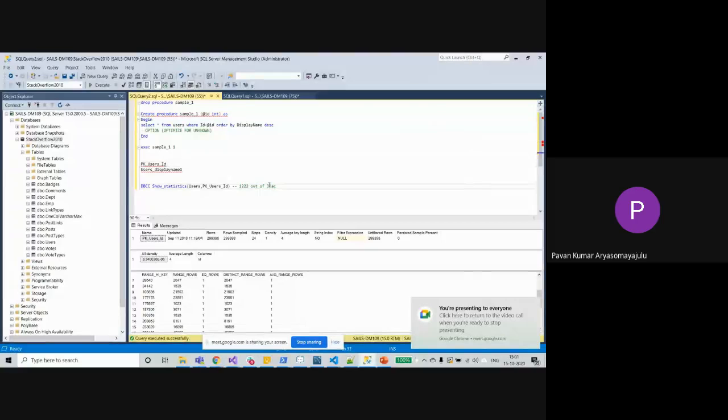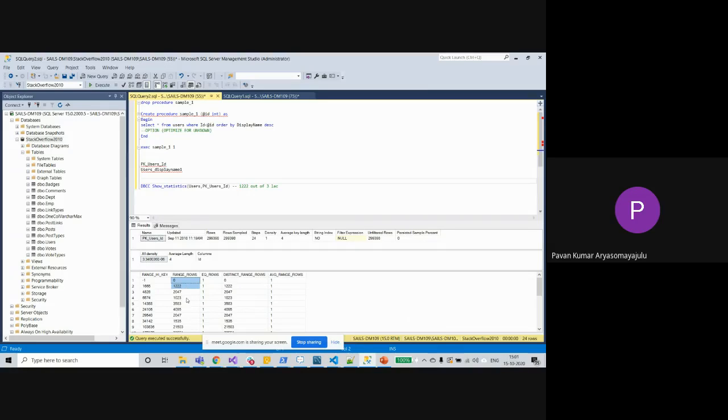3 lakh records. So if SQL Server is going to make use of this primary key index, it will read at most 1,222 records, all right? So compared to the other option, why do you think SQL Server actually goes for a non-clustered index seek? In this case, this might be helpful, right? My assumption: it is always better to read 1,000 records, which may span across 10 or 15